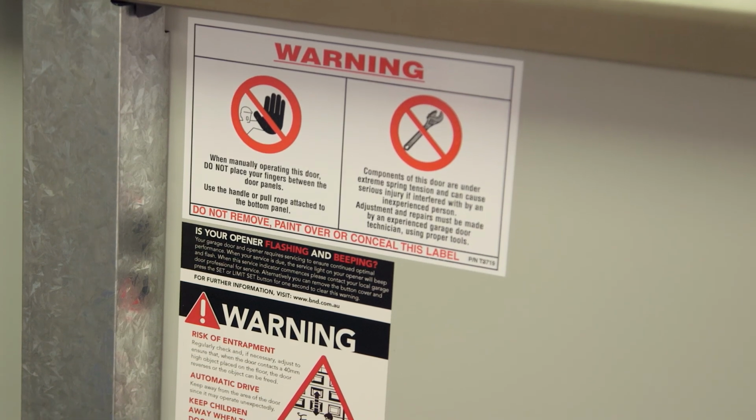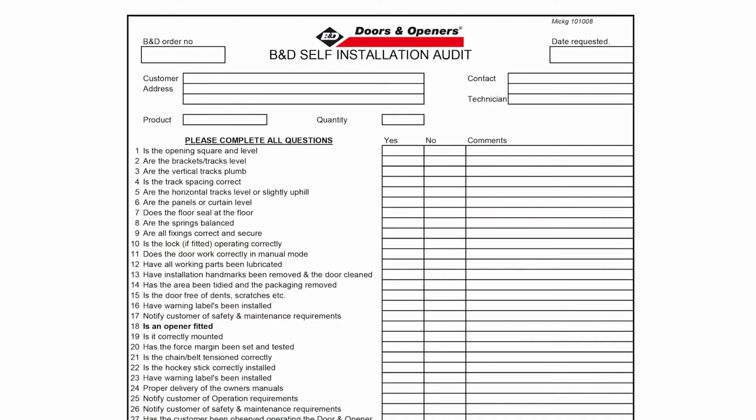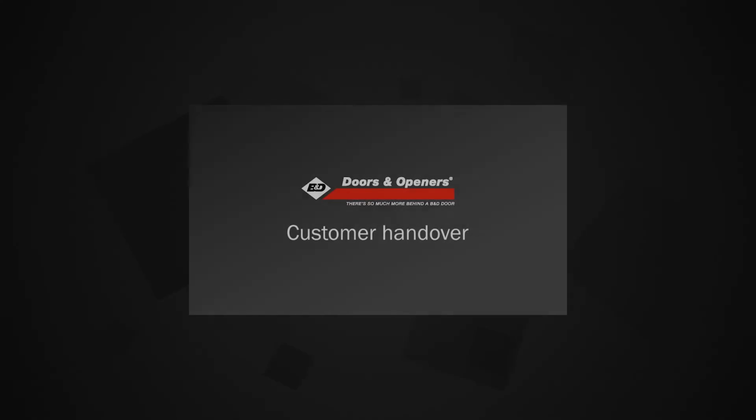Check that any warning labels and documents are attached to the door or handed over and any hand marks are wiped clean. Finally, complete the B&D self-audit form. For customer handover, refer to the